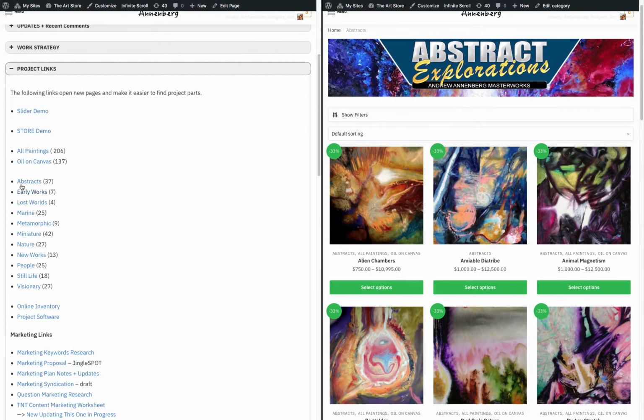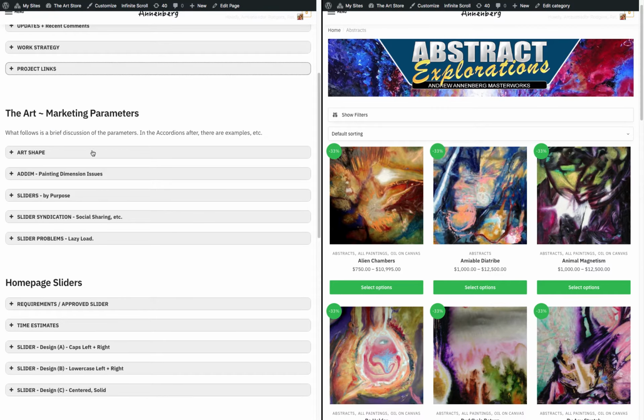So obviously these abstracts and things here will show you this. And so I just made it easy to go right from the dashboard. Okay. Moving on, this is where I'm consolidating a lot of the information about the art, and the idea was